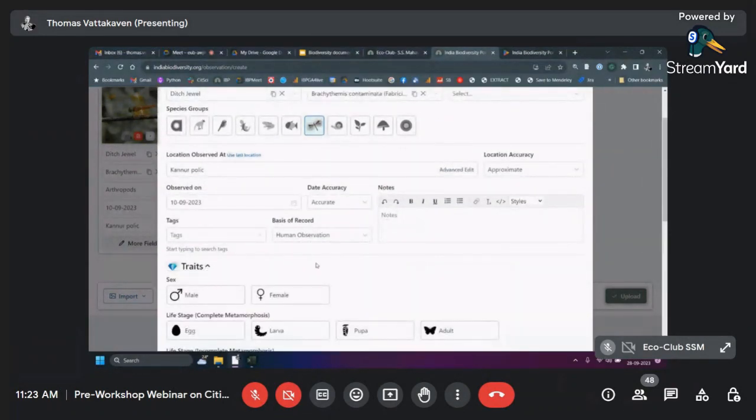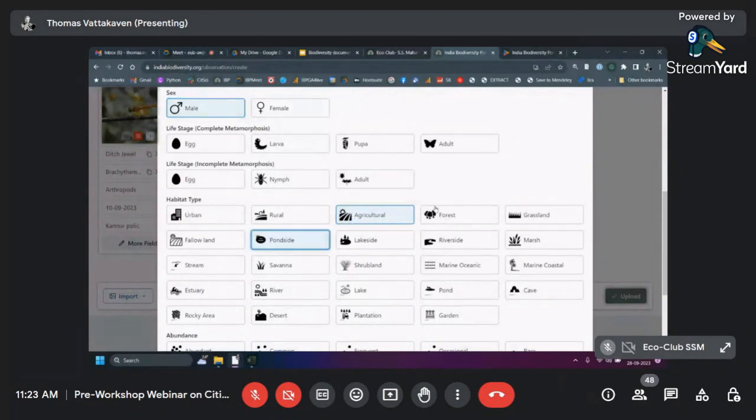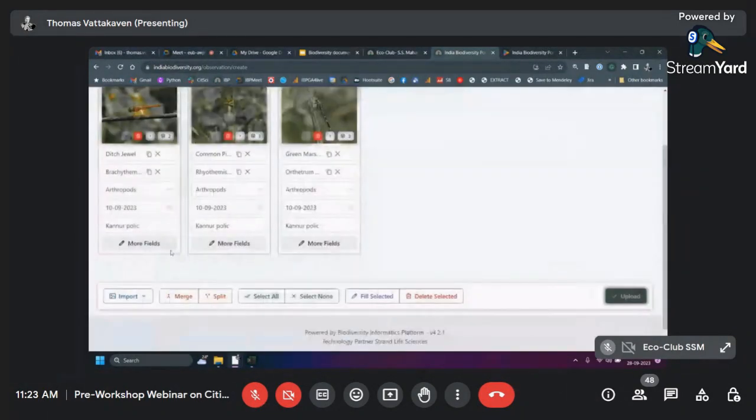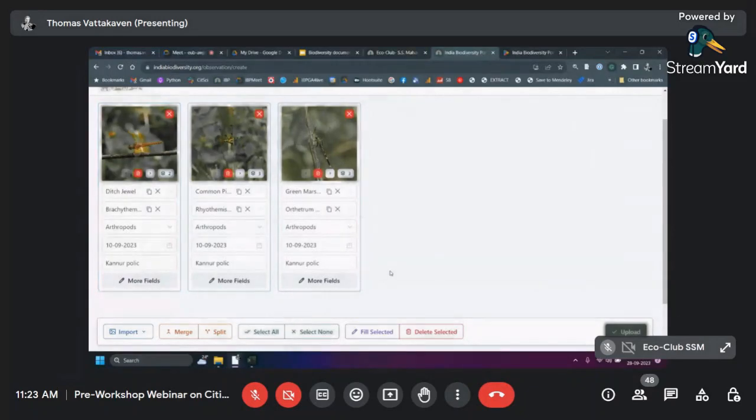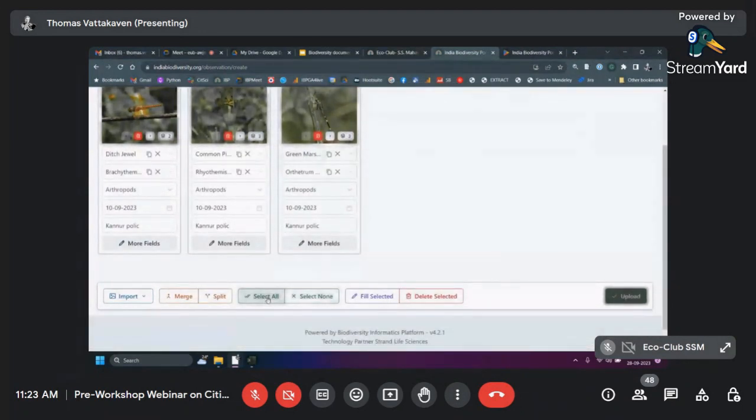So go to traits, and you can say male, agricultural, pond side, and so on. I'm not going to do that, but that's how you add it. So any of these fields, you can select all and add it at one go